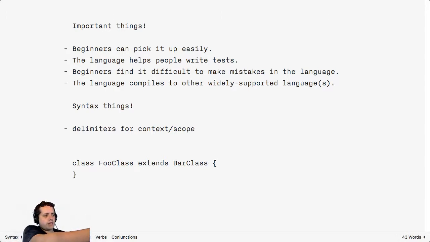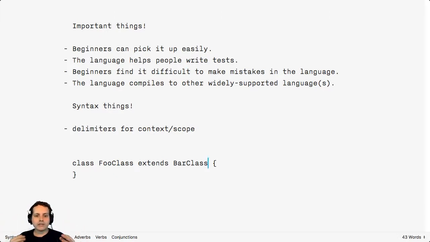And what this does, in case you haven't programmed in a language since the 80s, is that bar class defines a set of behavior, and objects of bar class have access to properties and methods defined in bar class. And when you extend it with something else, foo class inherits those, except for the things it chooses to override. So you have a way to pass down functionality from class to class to class. And this can be any length, right? You can have a class hierarchy of like 60 things.